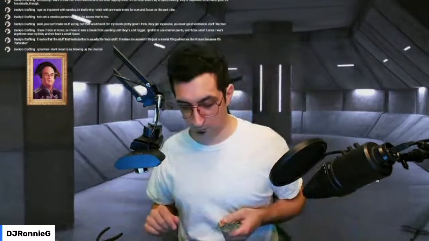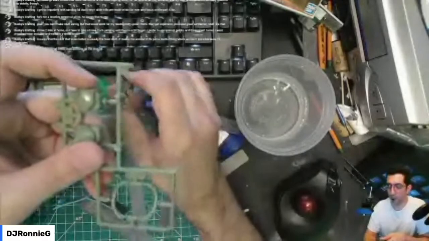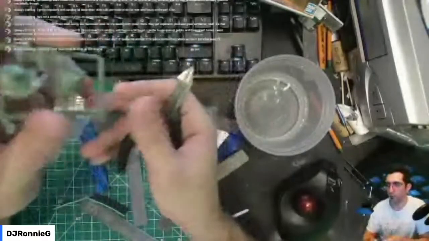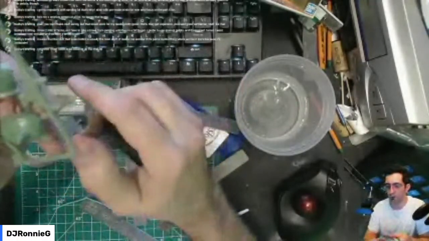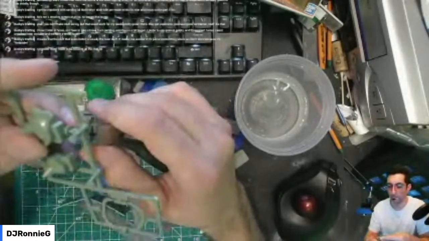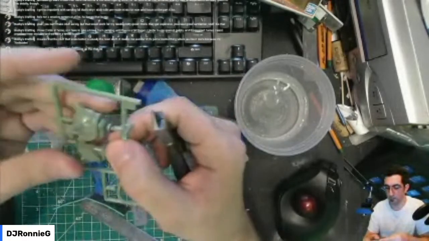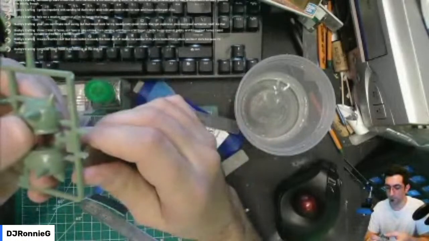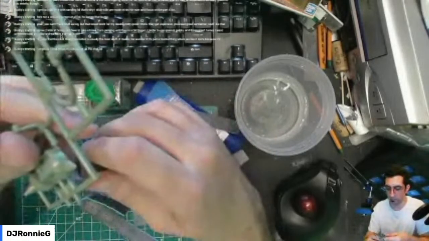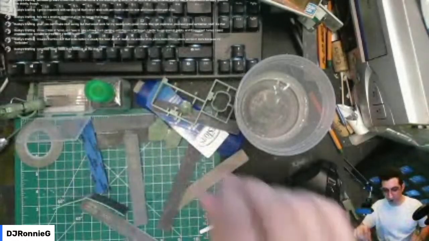The real challenge with these is when you cut the piece off. What I've learned, believe it or not, is to leave the nub on, like I'm doing right here. I have these Tamiya cutters, which I thought were really good quality, but I was getting a lot of stress marks when I used them as flush cutters. So now I use these as my rough cutters. And then once I have this roughly cut,